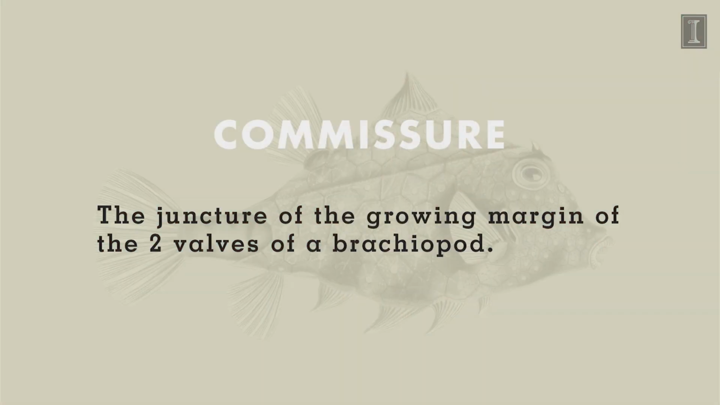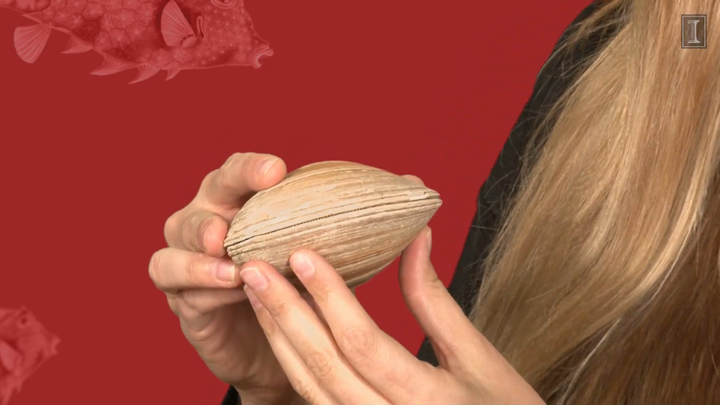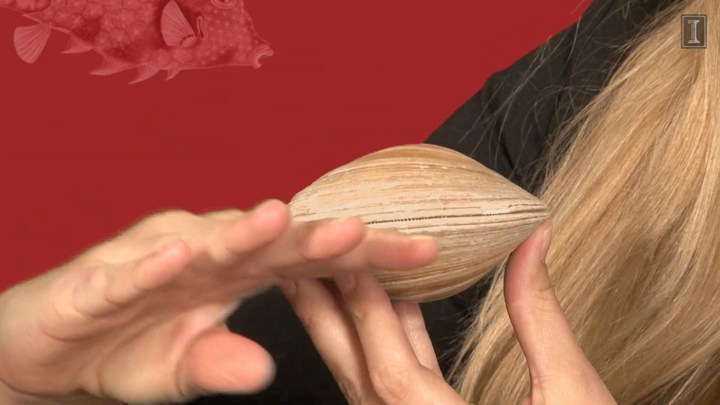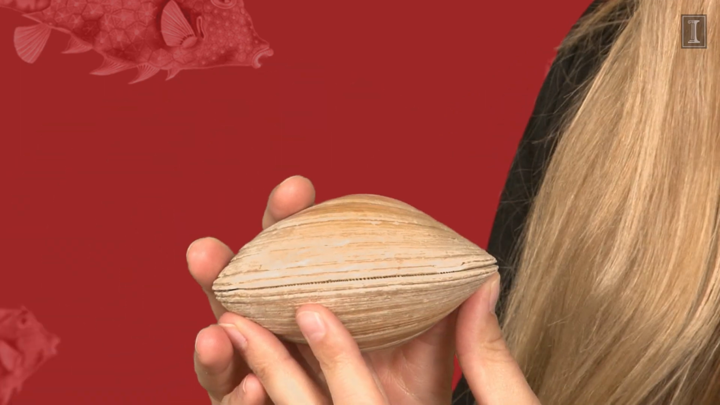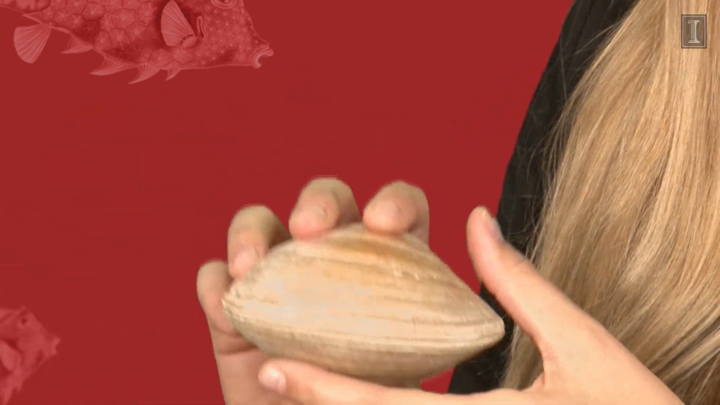The symmetry of these organisms is bilateral symmetry, but it's perpendicular to the plane of commissure. The plane of commissure is the surface or the plane where two shells come together. For example, on this bivalve, you can see that there's a top shell and a bottom shell, and there's a plane that separates the two shells. And that plane is called the plane of commissure. So with brachiopods,